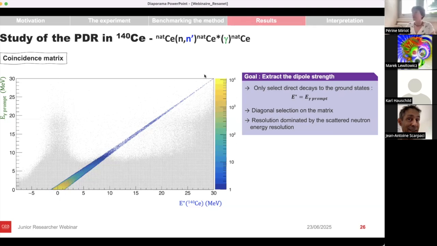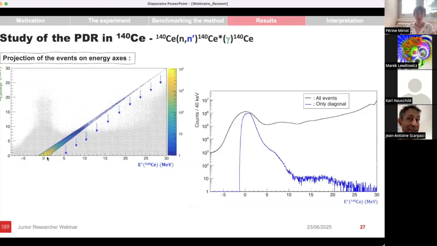And now for all those events, we want to extract the dipole contribution. So first, we can have a look at the energy spectra, both for the excitation energy and for the gamma prompt energy. So if we project here the diagonal of this matrix on the excitation energy axis, we obtain this energy spectrum. So I show here, just for comparison, the projection of all the events in this matrix represented in black, and only the projection of the diagonal of the matrix represented in blue. So you can see that clearly the selection on the diagonal cleans this